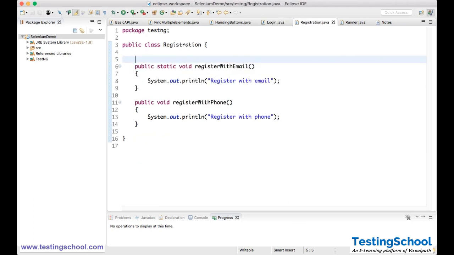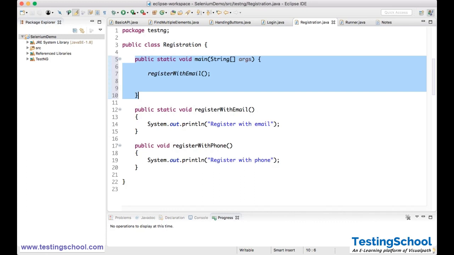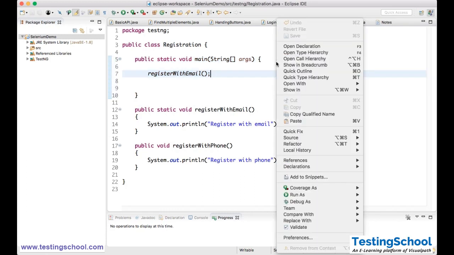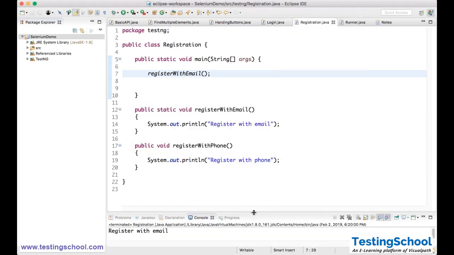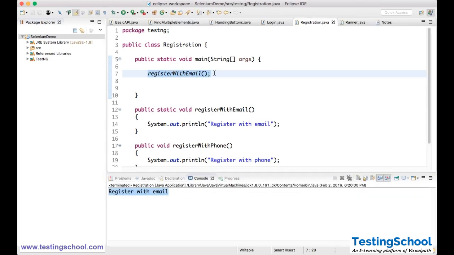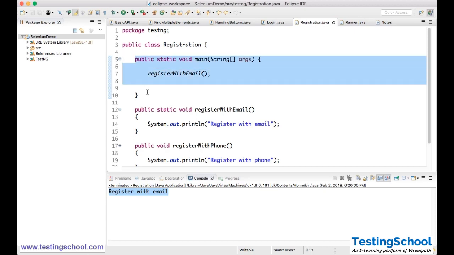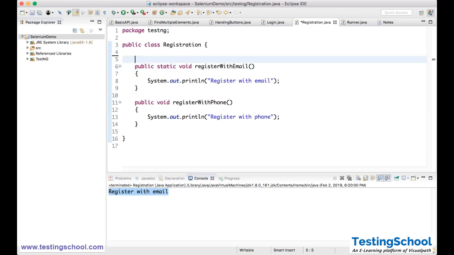Before going to this, what I'll do is Control Z. Now if I right click on this class and say Run As, you are seeing Java Application. You are using Java Application to execute this. When I run this, it will execute one single method, register with email. You see that register with email is executing. The reason is I am calling this method here. Now if I remove this,